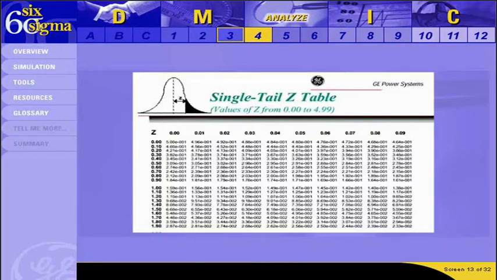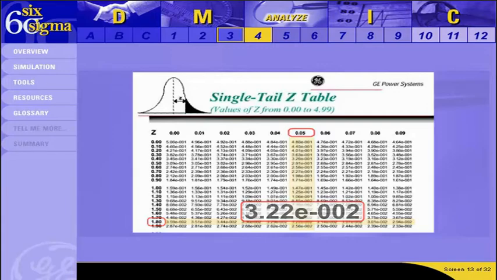a z-score of 1.85. Move down from the z column until you reach 1.80, and then move across the upper heading column until you reach the heading 0.05. The intersection of these two values is 0.0322, which is the defect rate, or p parenthesis d, of 1.85. In other words, this means that there is a 3.2% chance that this particular process will produce a defect at